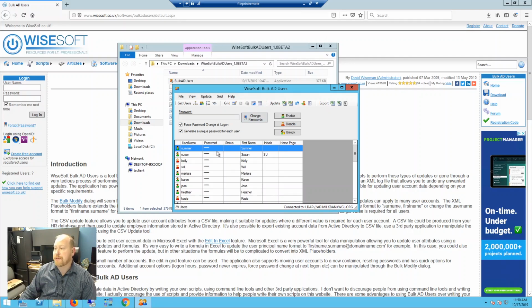So you have a few options once your users are loaded. All your loaded users here you can enable, disable, unlock, and it'll apply this enable, disable, or unlock to all the users listed. We have 39 here. You can export the users to an Excel or CSV list. You can update these users with an existing CSV list, or you can just go ahead and modify information right